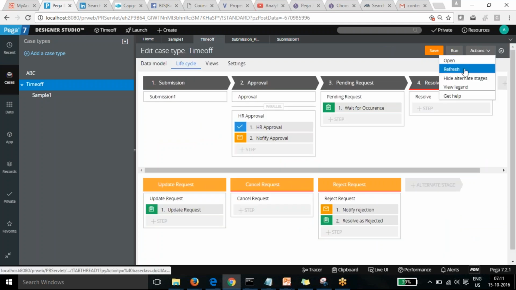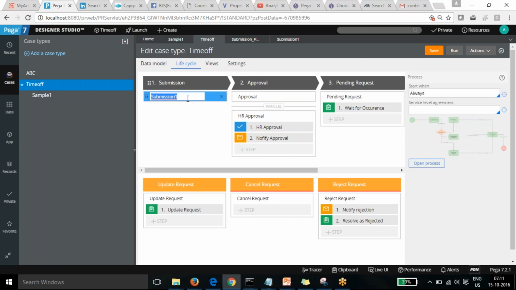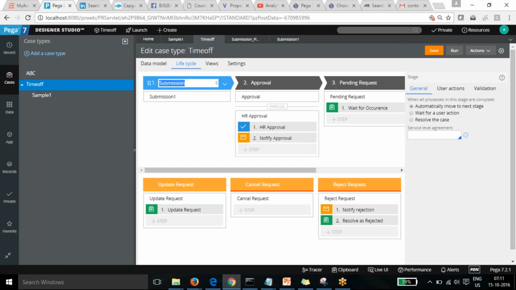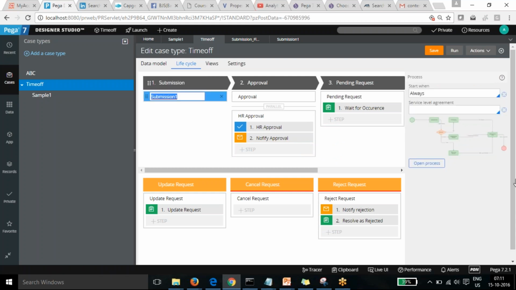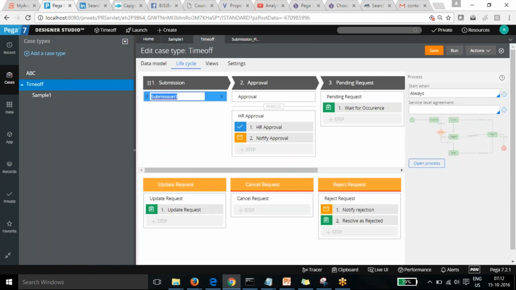Nice. It's not changed with that. Let's see properly. Still it's only the older one.